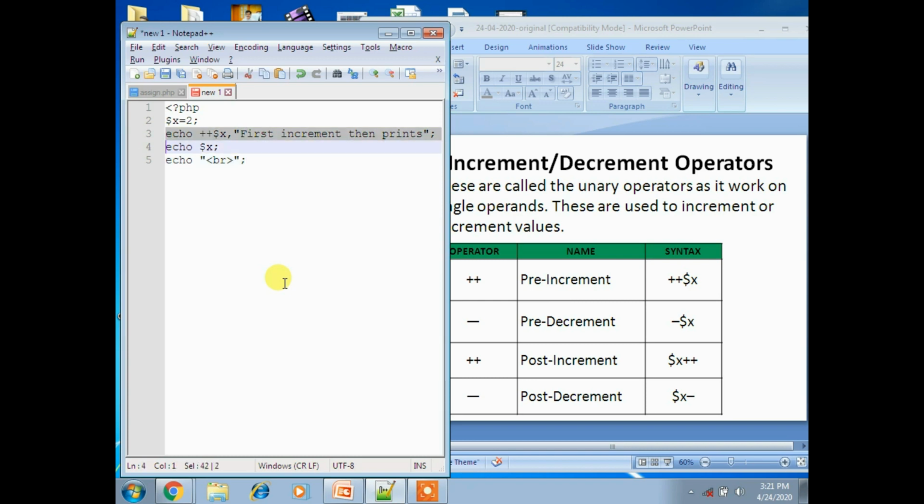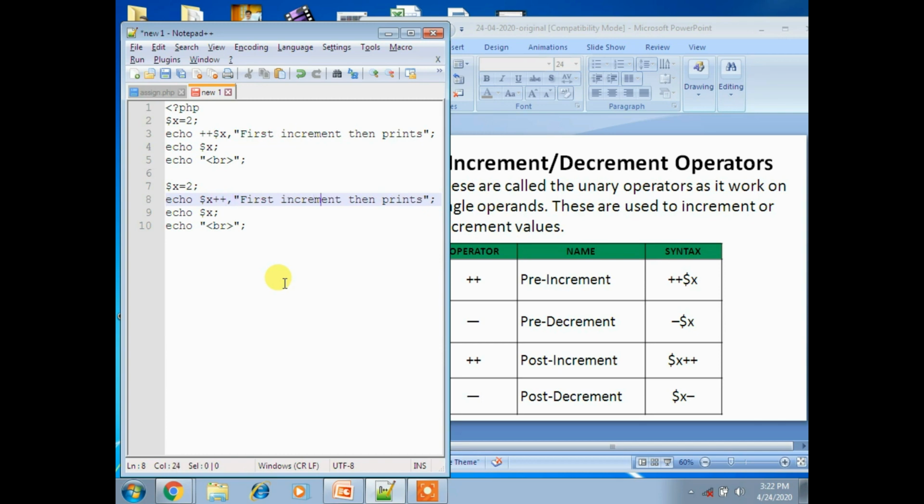Now again another one. Second one, first prints then increments, that is post-increment. We'll see two cases here itself. $x equal to 2, and for pre-increment place the plus symbol before the variable, and for post-increment after the variable.